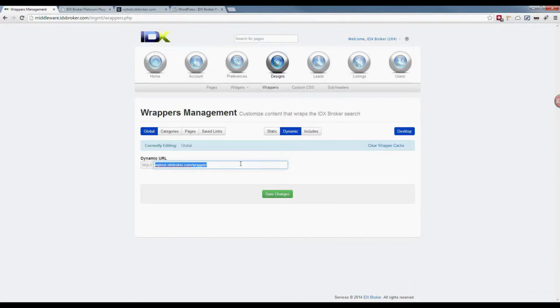So you don't have to contact our support team about having your IDX pages updated when you go in and make changes to your WordPress site. So it's as close as we can get to giving you a way to use one system when modifying your